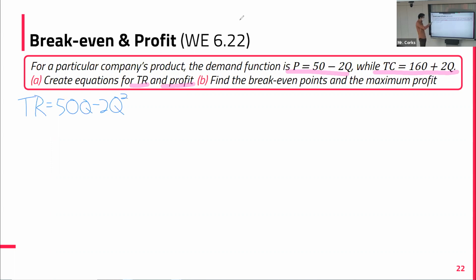We could define total profit, or calculate total revenue, in terms of profit plus cost, but we can't. Profit is the result. We're going to start with revenue and cost and use that to figure out profit. So our total cost is over there, 160 plus 2q. And so profit then is,